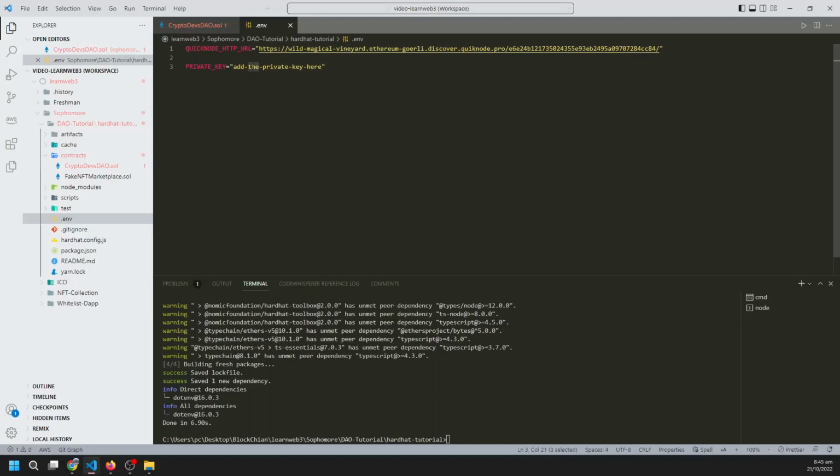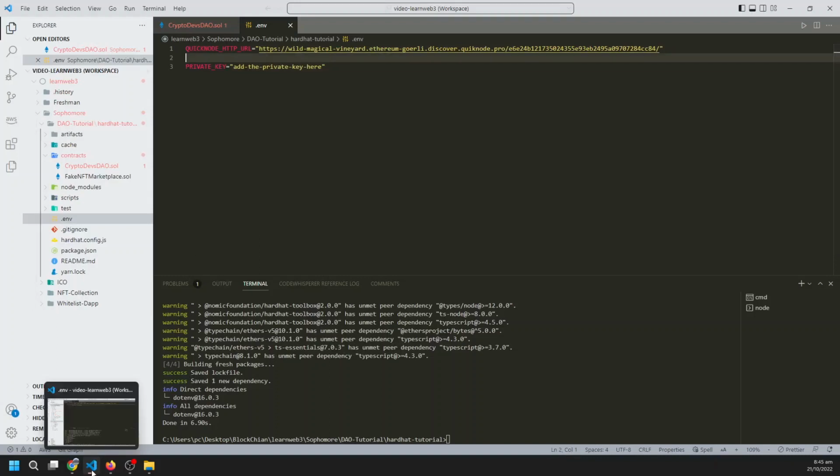The other one is the private key. So where we are going to get